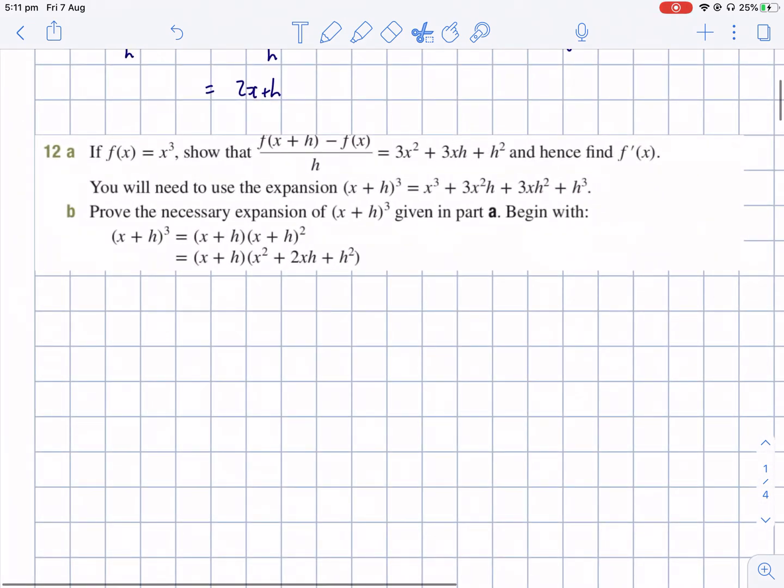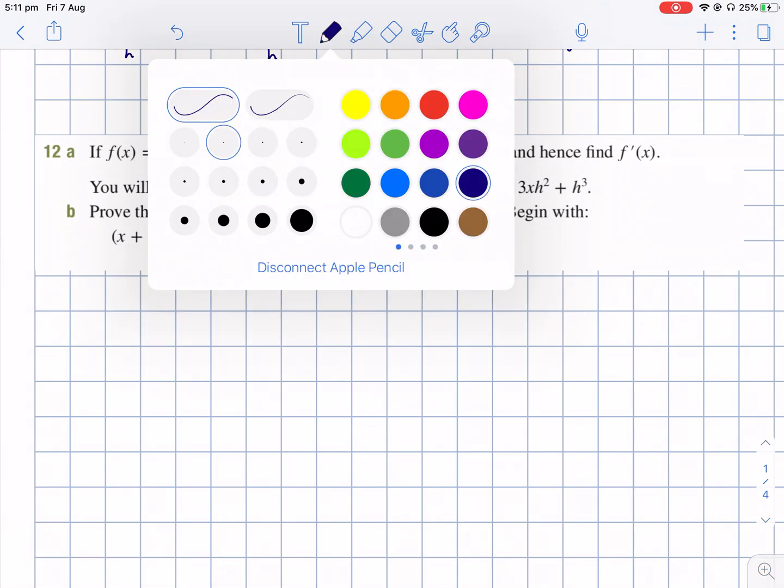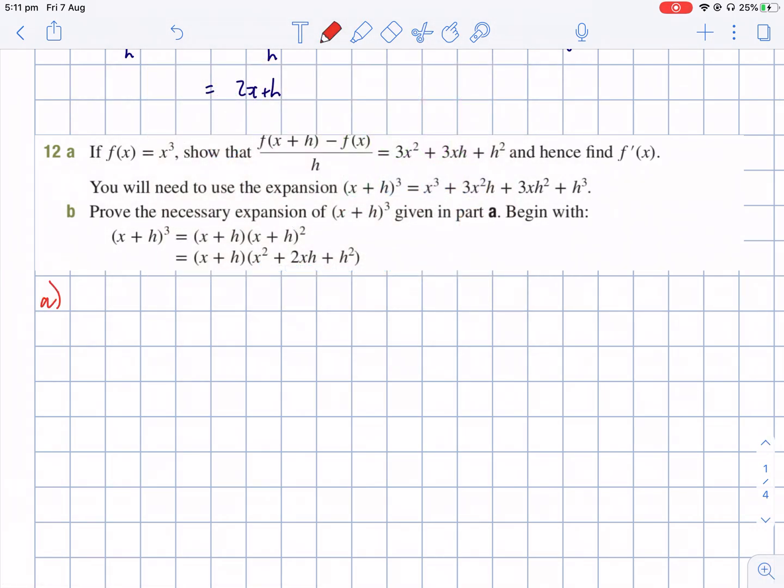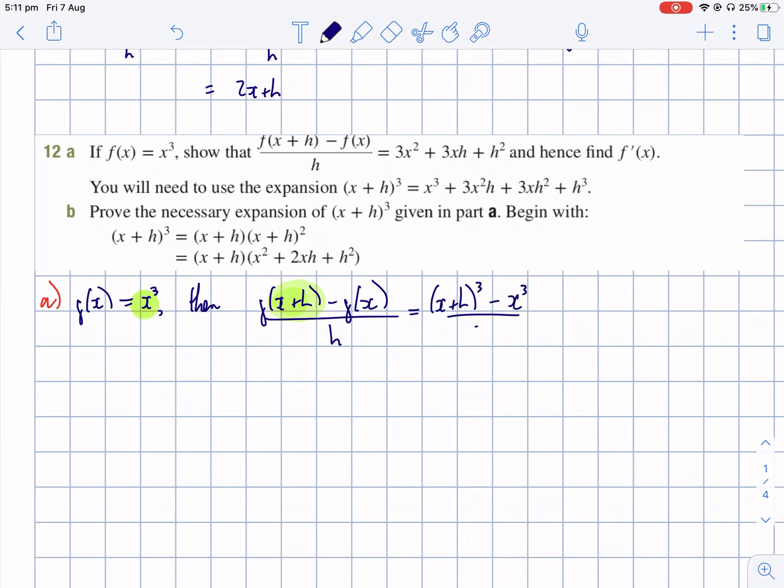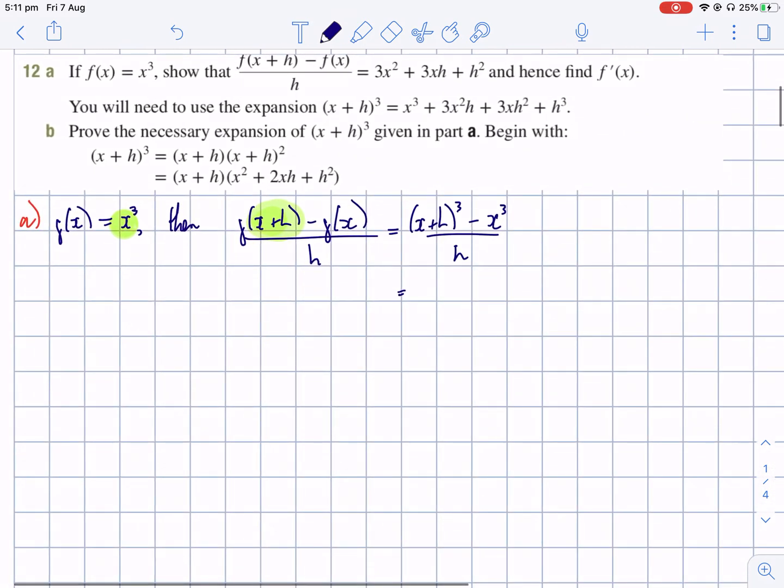All right, this time we're doing it for x cubed. So if we've got f of x equals x cubed, then f of x plus h minus f of x over h is going to be, now, for f of x plus h, I'm literally subbing x plus h in there. So I've got x plus h cubed, take, well, just the x for the x is just x cubed over h, which means I've got,